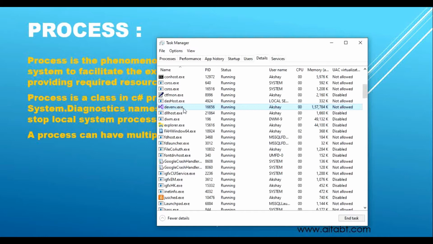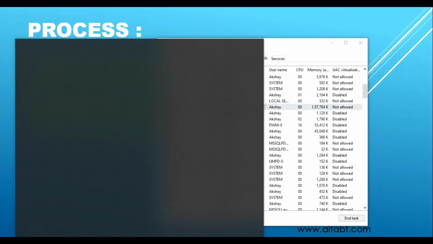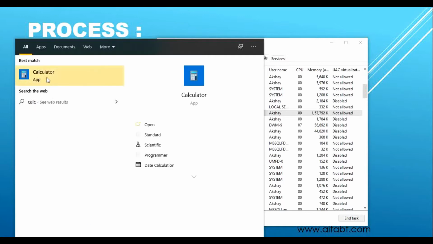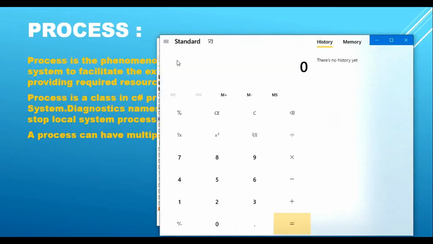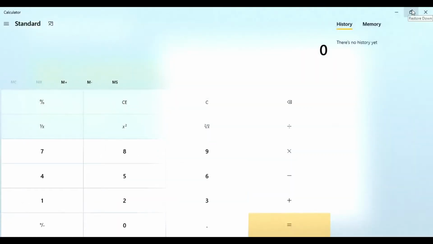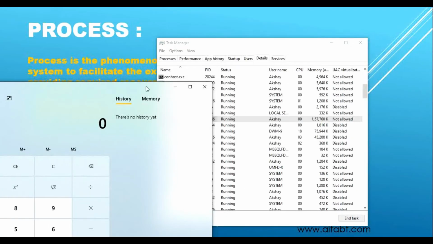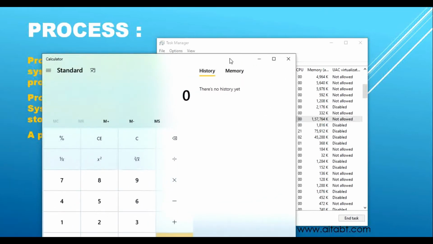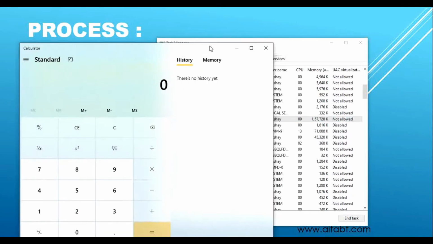To show you one example, if I open the calculator program, this is nothing but a Windows application, but an inbuilt application. We also call it a system application. It comes with Windows automatically. These are system programs basically, but it is also a kind of application. So I have fired up this application.